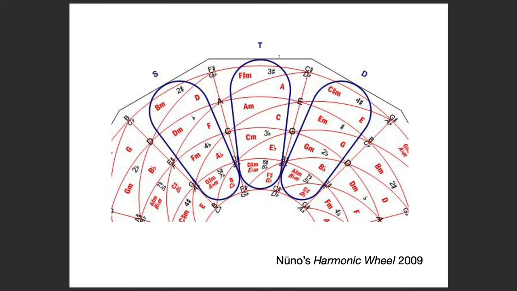So this is the tonic group here: C major, C minor, A minor and A major. So you can see that these are relative and these are parallel. Relative, parallel, relative, parallel, relative, parallel. So this is the tonic group here. So if we were to resolve to that tonic group, we would use a dominant.